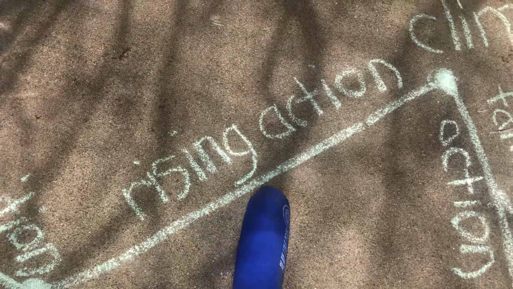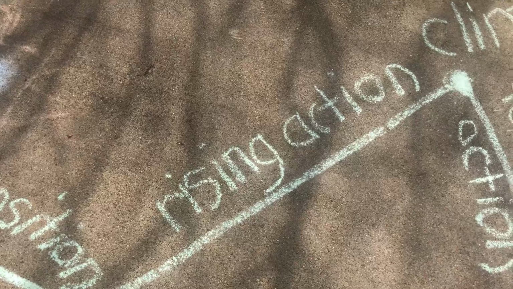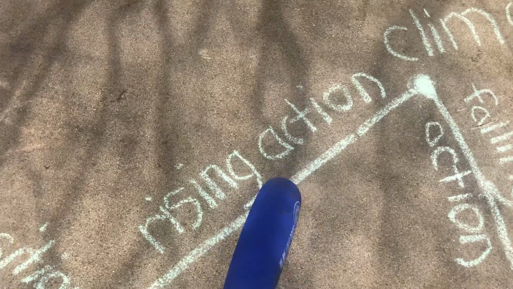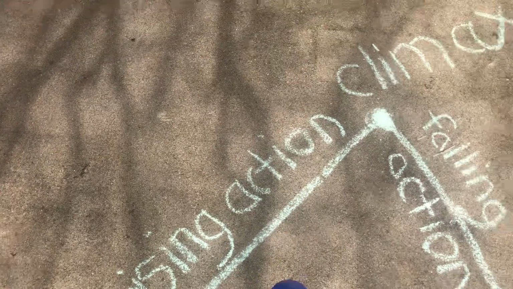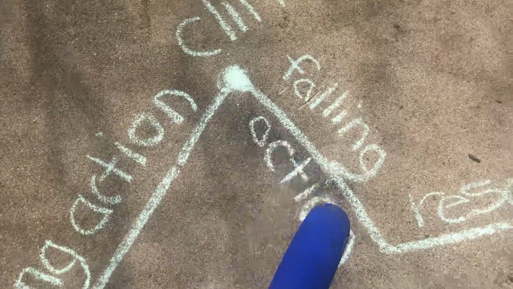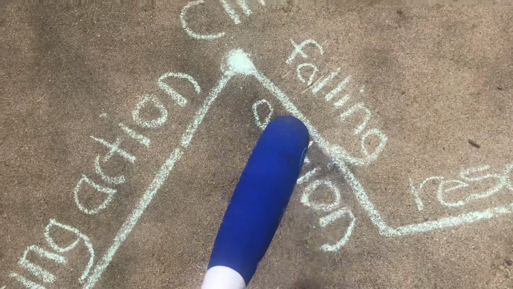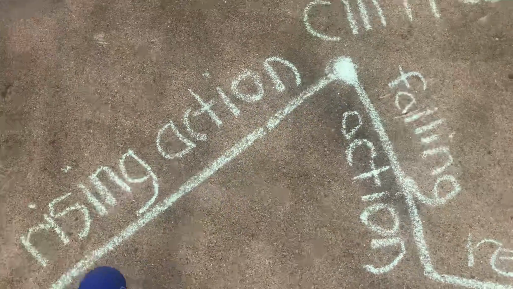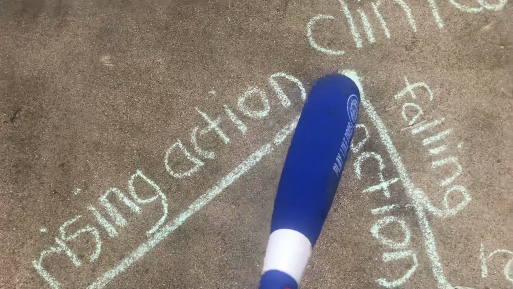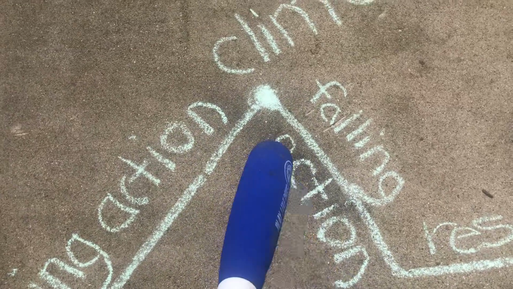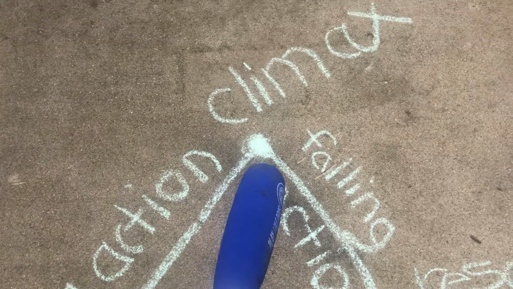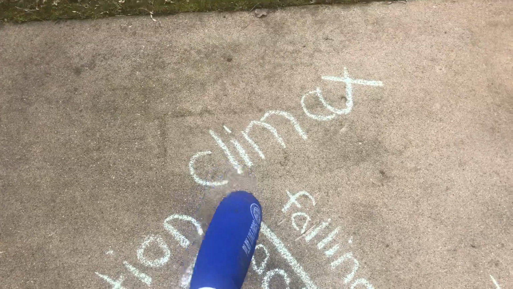Okay, so then we have the rising action, and this is usually when the problem starts getting more and more intense. So the rising action is usually the problem getting worse and worse or more and more complicated. And then you're also familiar with the falling action. But once again, the action doesn't just start rising by itself and then falling by itself. If there's going to be a change, then something needs to happen to cause the change, and that is the